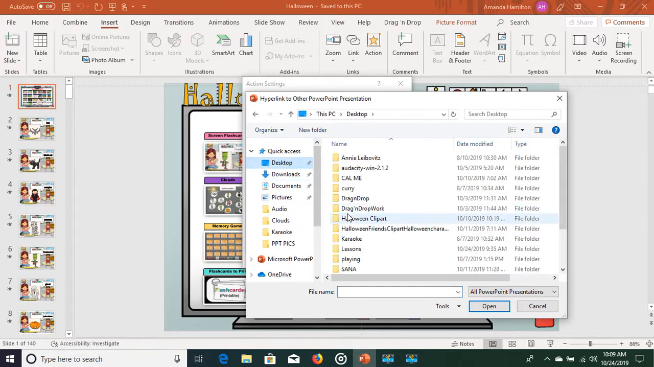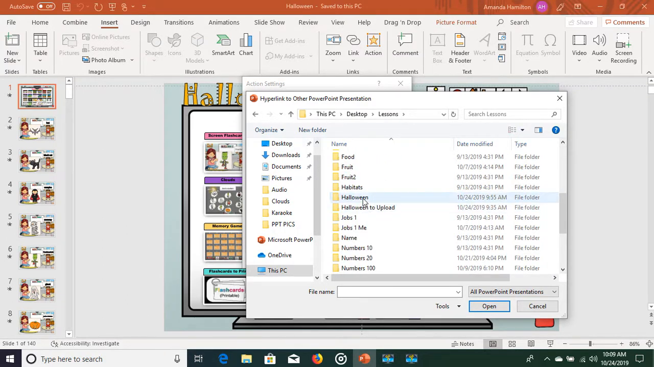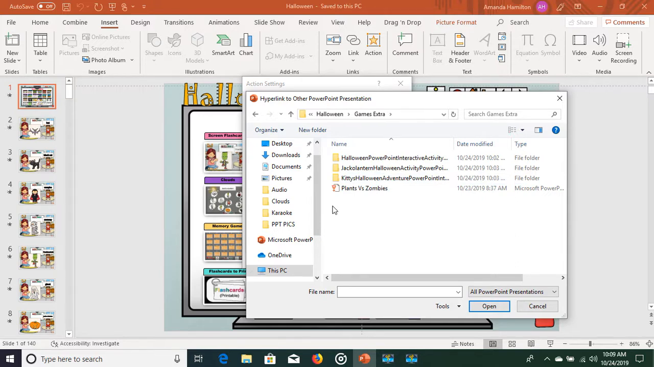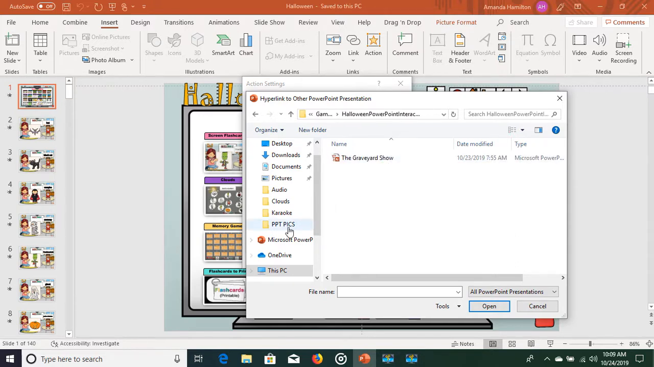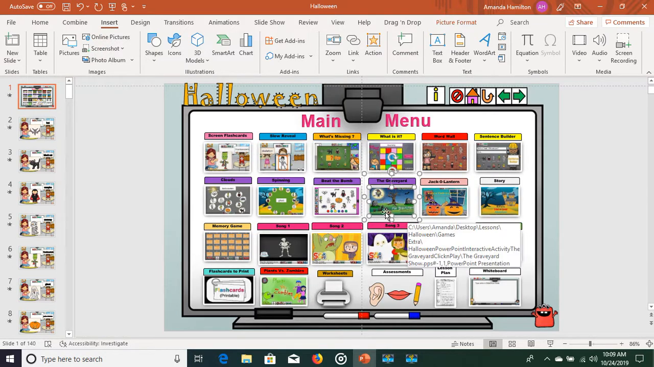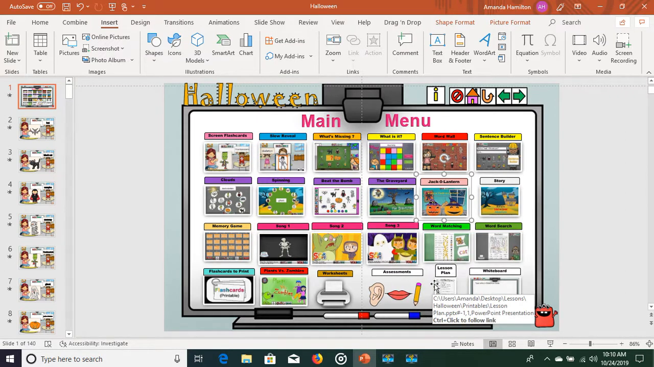And then you can find it wherever it is on your computer. Mine is under Halloween. Okay, and it's on here under Extra Games. So click there, go Halloween PowerPoint activity. Say it's the graveyard. Just click on it. Go okay, okay, okay. And now the link has been created. Okay? So quickly again, if you want to see it, but like the assessments though, it will be in a different spot,